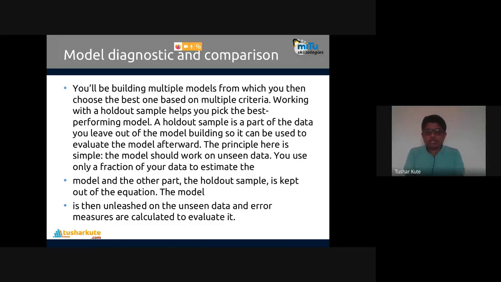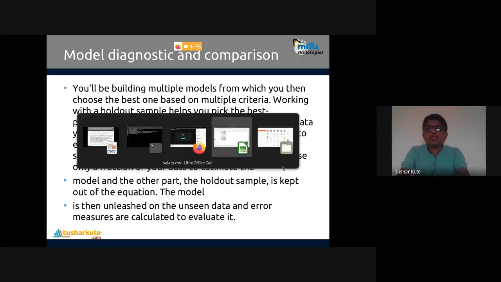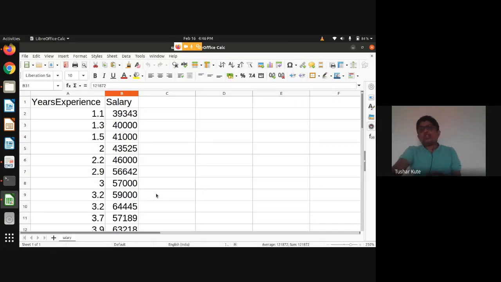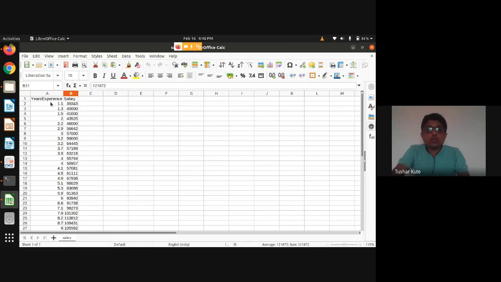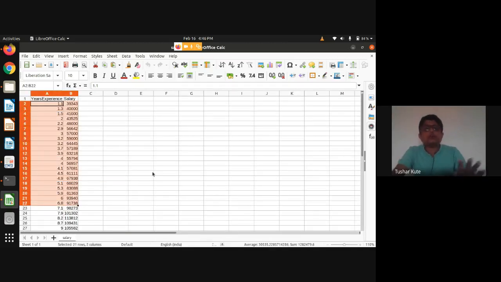Like for example, let's say how to evaluate the model. When you build a linear regression model, I will use only some of the entries to build it. For example, 75%, 22 entries, I will use to create the model.